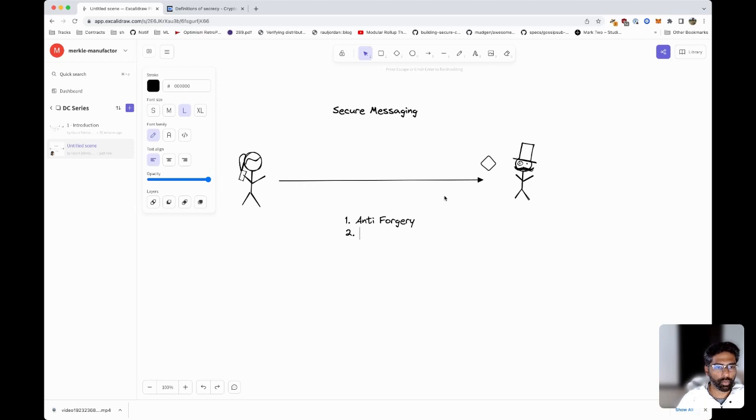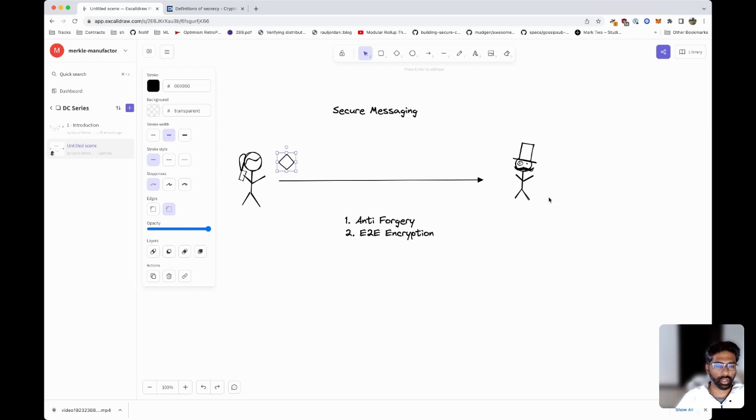The second property that we care about is end-to-end encryption, or E2E encryption. Most of you are probably familiar with this notion as well, but it's the idea that messages are encrypted and decrypted on the clients, and at no point in flight in between those clients are they ever decrypted. So the idea is that Alice's phone or desktop or laptop encrypts the message using a secret known only to Bob, sends this message over, often using a server where it's encrypted, and the message lands on Bob's device and is then decrypted on his client.